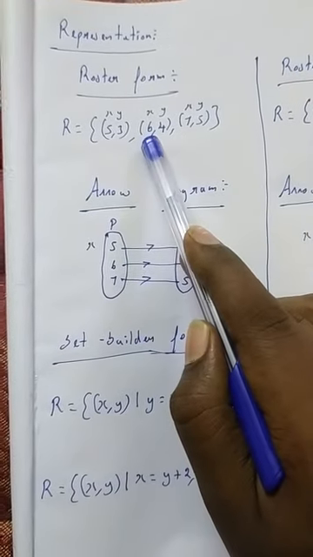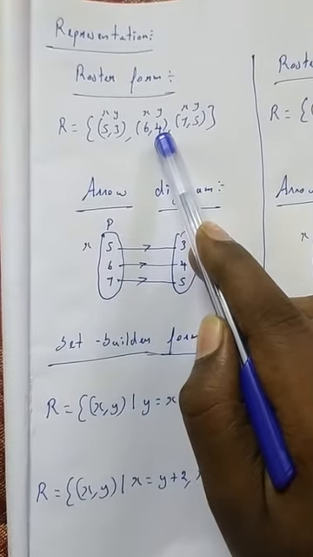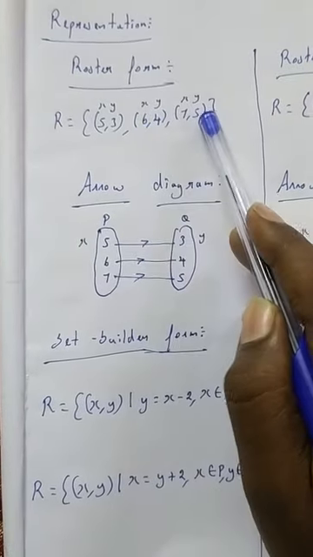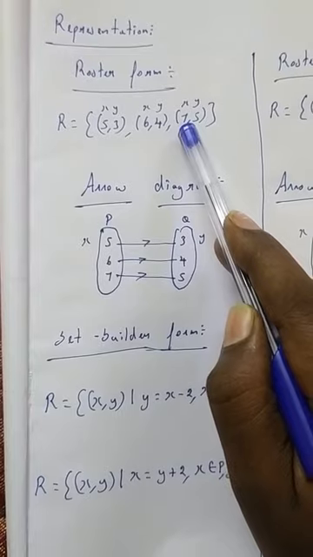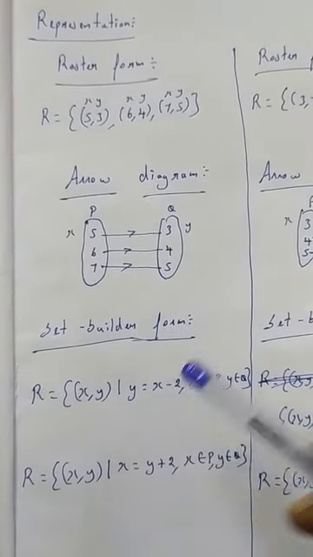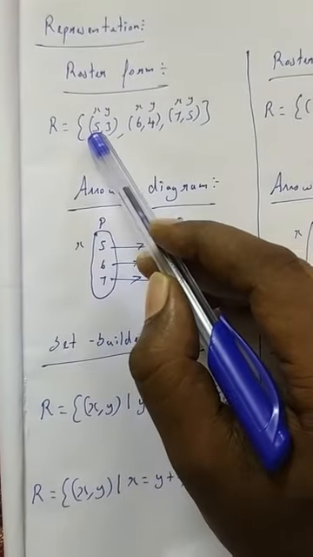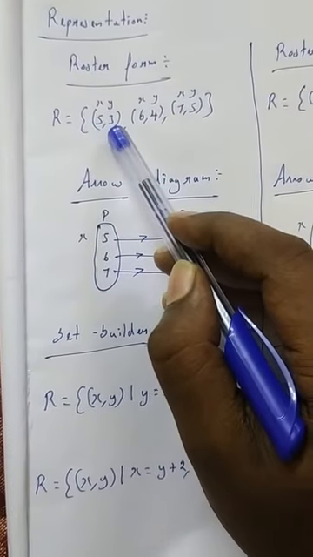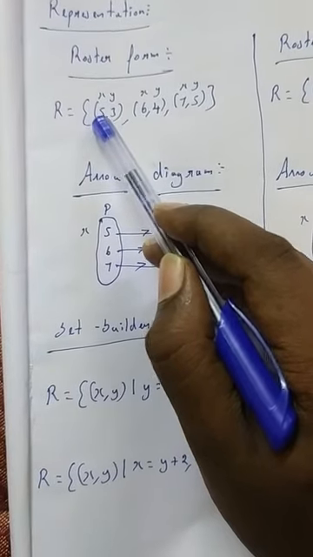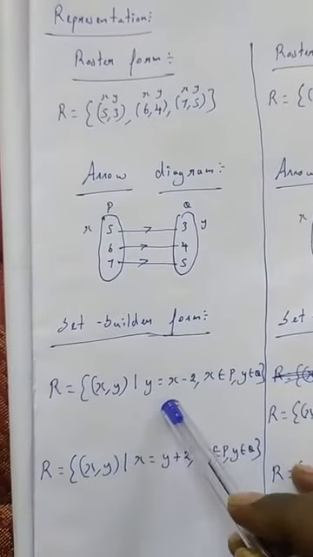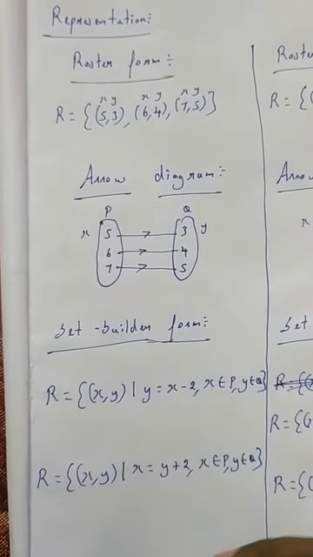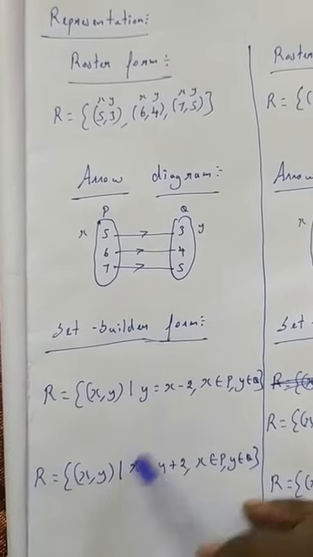So if you look at the next one, that is also the same. 6, 4. This y value is 2 less than the x value. The same way, this y value is 2 less than the x value. So we should write y is equal to 2 less than x. So if we subtract 2 from this x, we get the y value. So if we subtract 2 from this 5, we get y. So that is the relation. So y is equal to x minus 2, right?